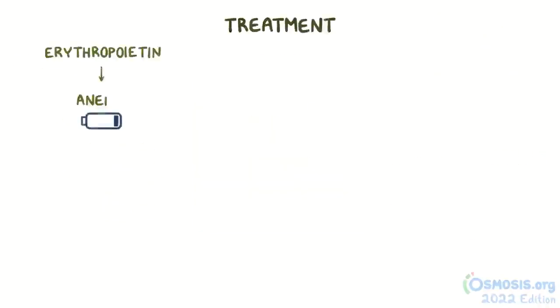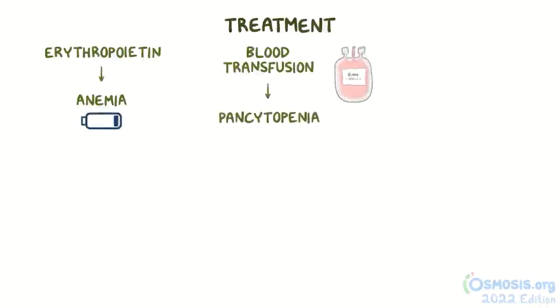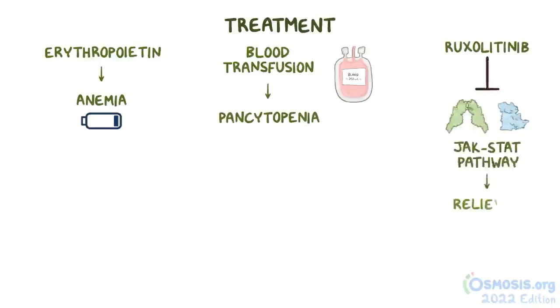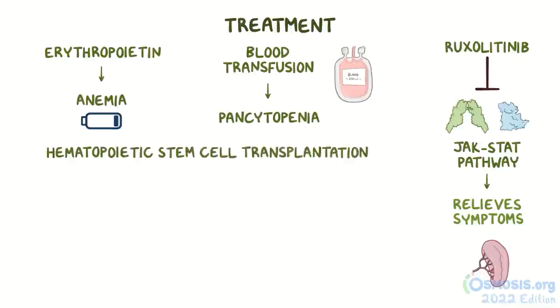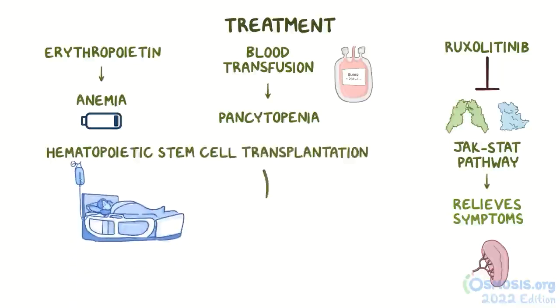Erythropoietin can be given for anemia, and blood transfusion can be given for pancytopenia. The medication ruxolitinib can help inhibit the JAK-STAT pathway, and it relieves symptoms and specifically causes a reduction in spleen size. Alternatively, a hematopoietic stem cell transplantation, which comes with its own risks, can be done to potentially cure myelofibrosis in